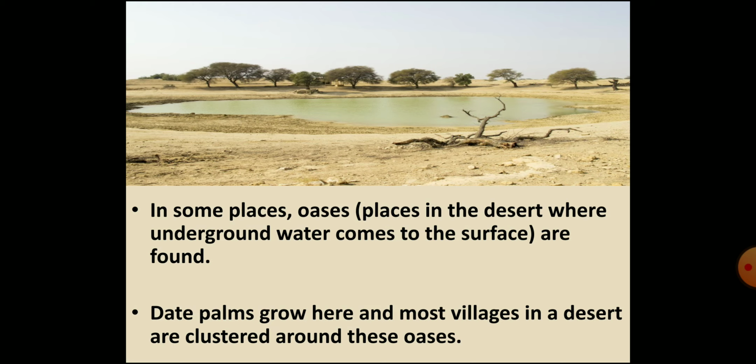Though the region is usually dry with no or very little vegetation, in some places children, in the desert there are oases too. Children, an oasis is a place in the desert where water comes up to the surface from deep underground. The presence of water makes the surrounding area green and fertile. So, such a green and fertile place in the desert is called an oasis. As these oases provide suitable conditions for human settlements, many villages have developed around them.